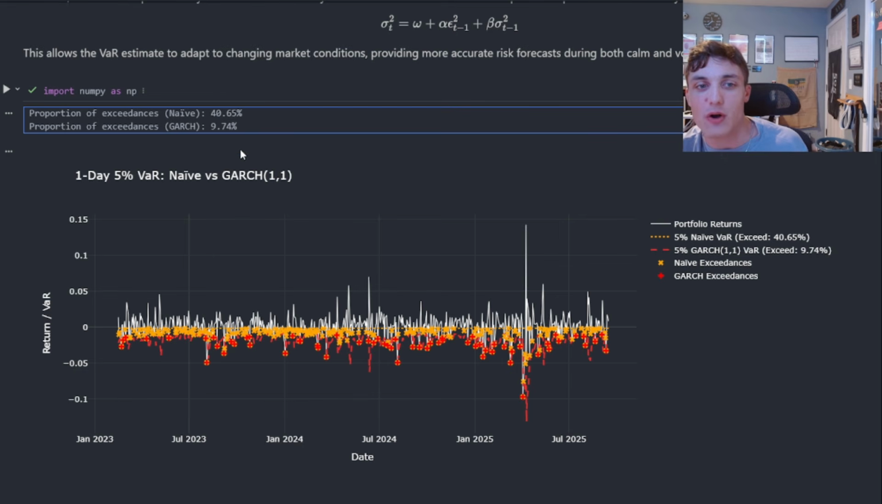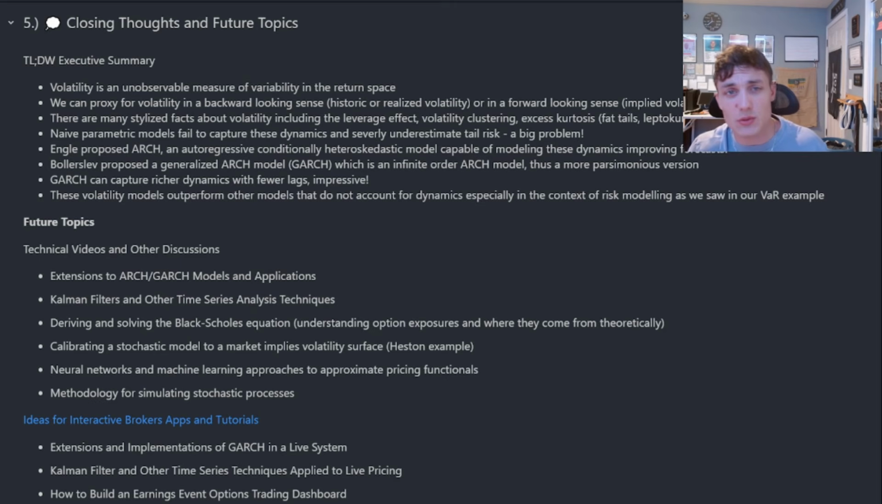We are far better capturing potential downside using this GARCH model than we are with a naive parametric approach. Too long didn't watch. Here's your executive summary. Volatility is an unobservable measure of variability in the return space. We can proxy for volatility in a backward-looking sense using historic or realized volatility on past returns. We can also look at volatility in a forward-looking sense using implied volatility, though that comes from a completely different